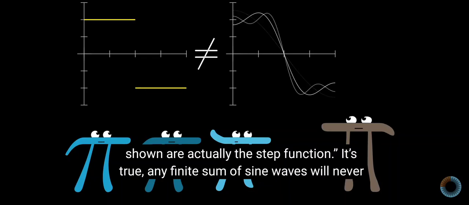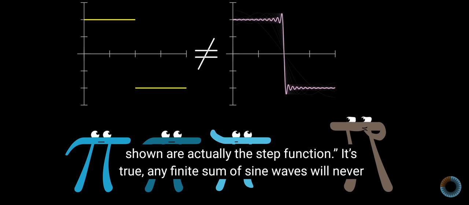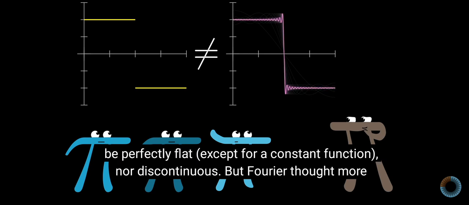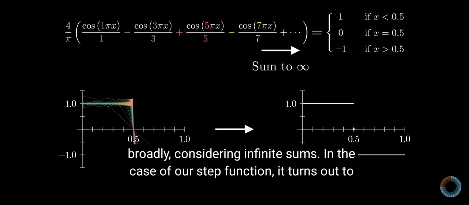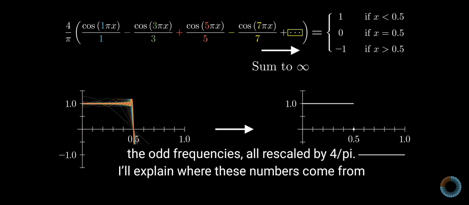are actually the step function. They're all just approximations. And it's true, any finite sum of sine waves will never be perfectly flat, except for a constant function, nor will it be discontinuous. But Fourier thought more broadly, considering infinite sums. In the case of our step function, it turns out to be equal to this infinite sum, where the coefficients are 1, negative 1/3, plus 1/5, minus 1/7, and so on for all the odd frequencies, and all of it